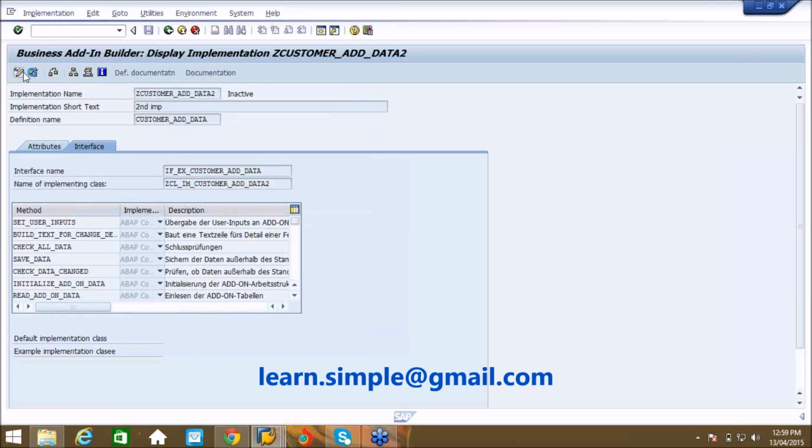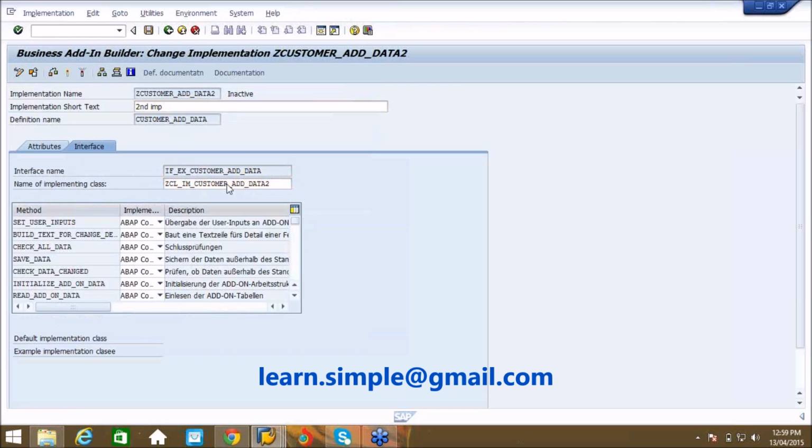Go in change mode. Now you can see you have one more class here. The class is ending with a 2. Previously the class is coming with ZCLIM customer add data 1 for the first implementation. So for first implementation you have a different class. For second implementation you have a different class. But interface is same.